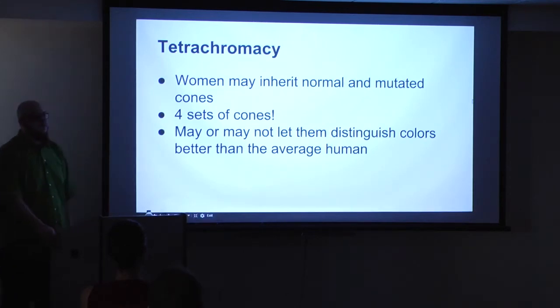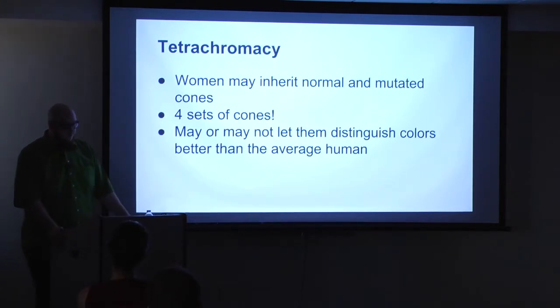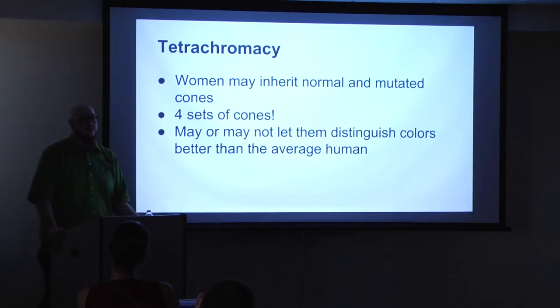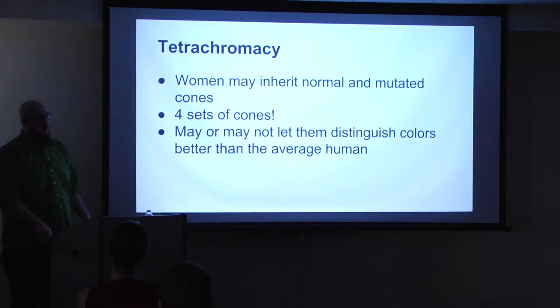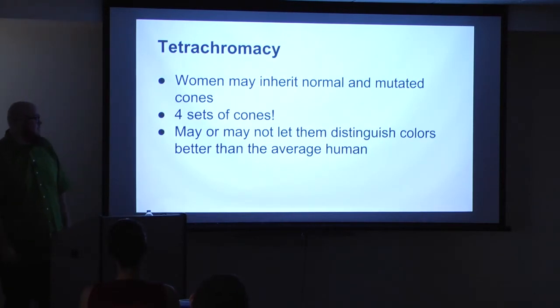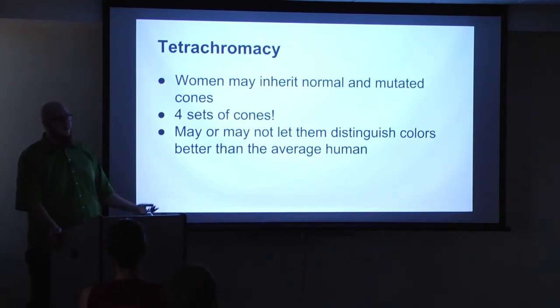This leads to something interesting because some women can be tetrachromats, which means they inherit a set of mutated cones and a set of normal cones, and they end up with 4 types of cones, which gives them even more overlap for their brain to distinguish color. So it may or may not let them distinguish more colors because that's part of your brain that would need